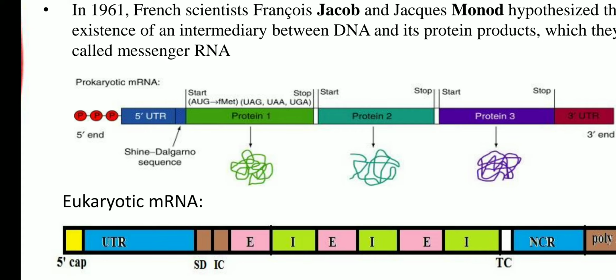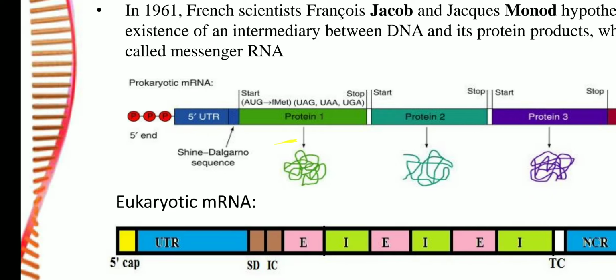All codons have 3 nucleotides, where the start codon is made up of AUG, which codes for formyl methionine in prokaryotes. So the start codon is the same for all mRNA, and it is usually made up of AUG, which codes for the amino acid formyl methionine, which is followed by many codons. All of these codons will code for the different types of amino acids, like glycine, isoleucine, leucine, tyrosine, methionine. For all of these, the codons will be present in the coding region.